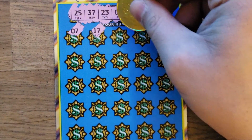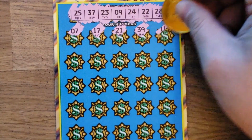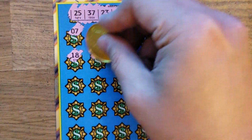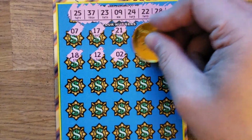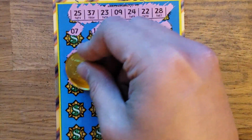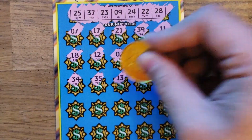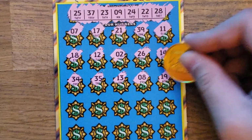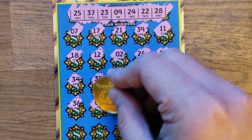7, 17, 21, 39, 11. Hope we get a money bag or a multiplier. Have never hit those before on this ticket. 12, 2, 26, 14, 34, 35, 13, number 8, 19, 36, 4,